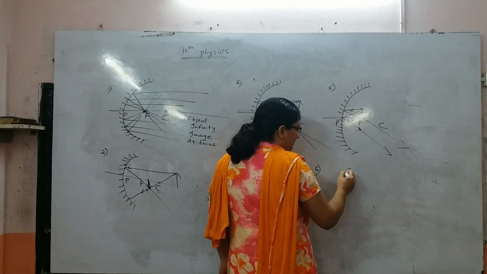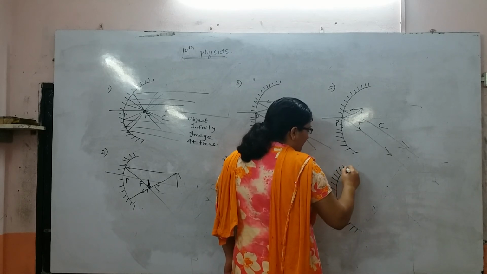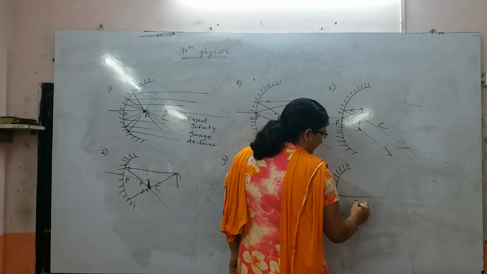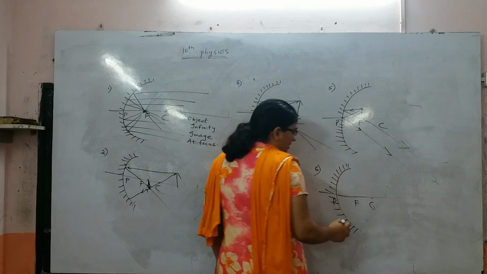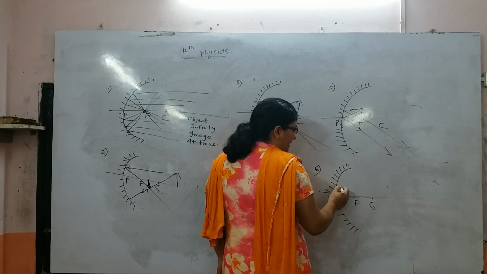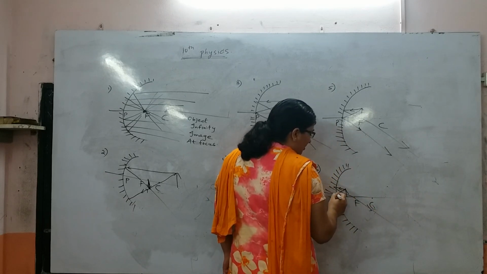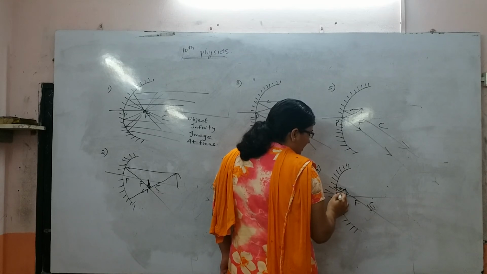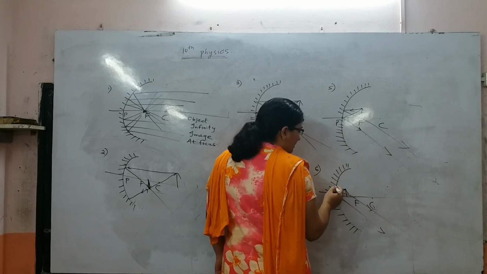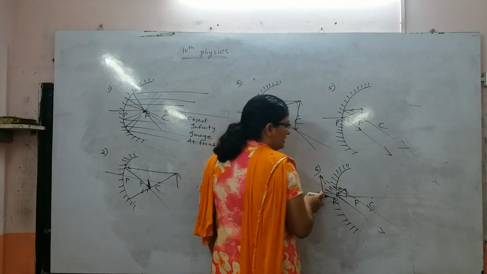Sixth case. PFC. Now I will keep the object between P and F. Let us observe how the image looks. One ray parallel to the principal axis, passing through focus. The other ray incident on the pole. It makes equal angles. It comes like this. When you extend both rays behind, you will get a virtual, erect and enlarged image.